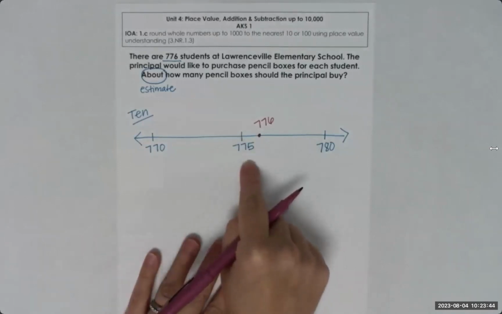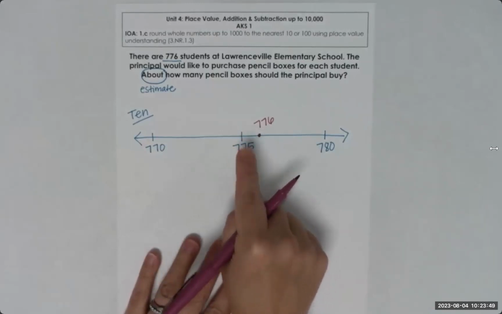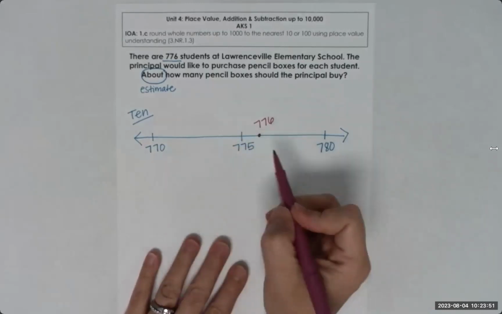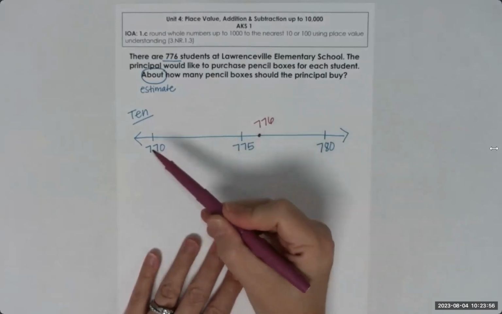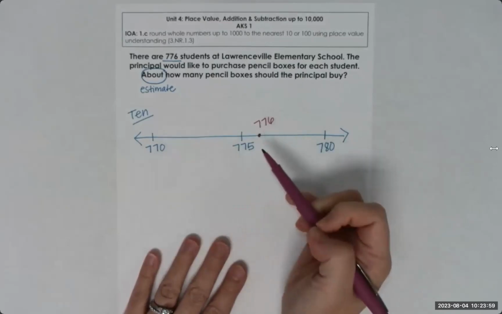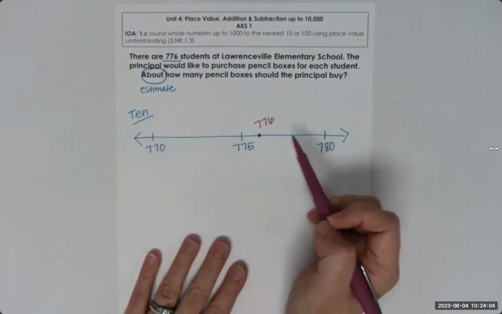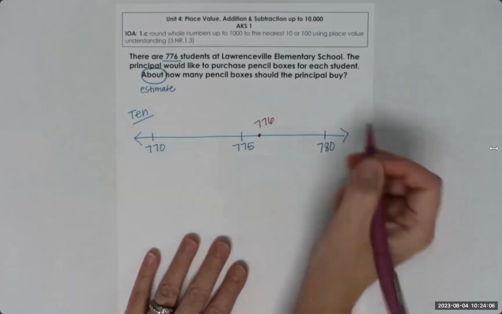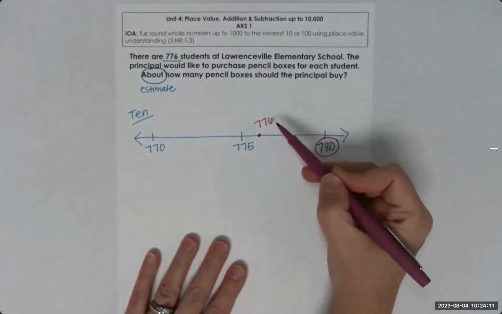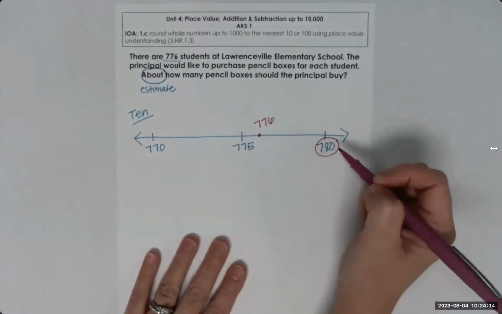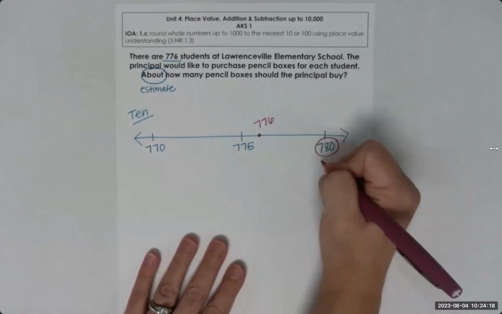When we're rounding numbers to the nearest place value, we use that midpoint to help us see whether our actual number is closer to the next 10 or closer to the 10 we currently have. In this case, 776 is on this side of my midpoint number, so it is closer to 780. If I was rounding 776 to the nearest 10, it would round to 780. But remember, what does that relate to in our problem? That means this rounds to 780